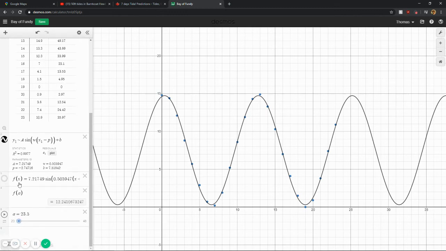But what's cool is, if you have this regression and you write it in function form, you could then just say, all right, what's the tide going to be at any time? And it'll spit out a value for you. And so we're going to be talking about sinusoidal regression, and it's totally possible to do this by hand pretty accurately. But when we do the example by hand, it's going to be with kind of nicer numbers, not as decimally